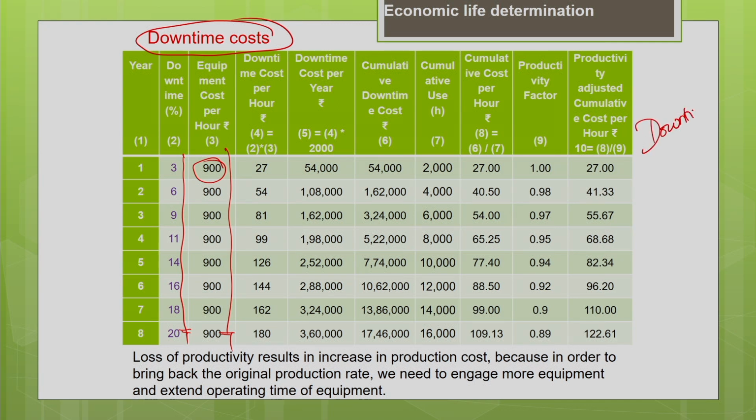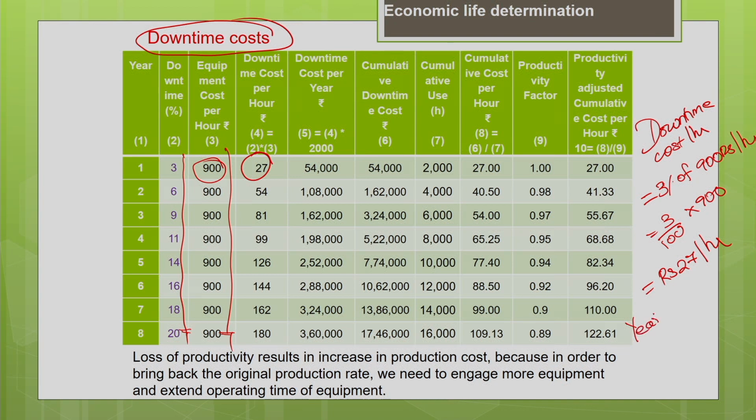So, downtime cost per hour equal to 3% of your equipment cost. Equipment cost is nothing but 900 rupees per hour. So, 3 by 100 into 900, it gives you the downtime cost is rupees 27 per hour. But your machine is going to operate in a year for 2000 hours. So, what is your yearly downtime cost? Yearly downtime cost for the first year is